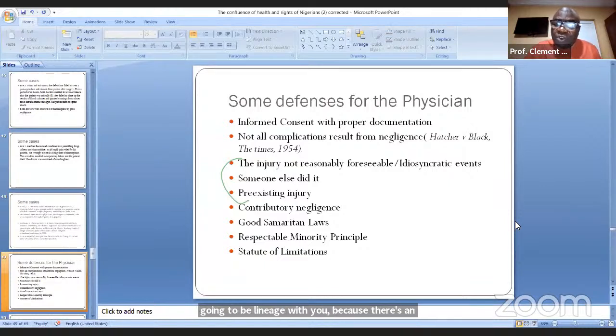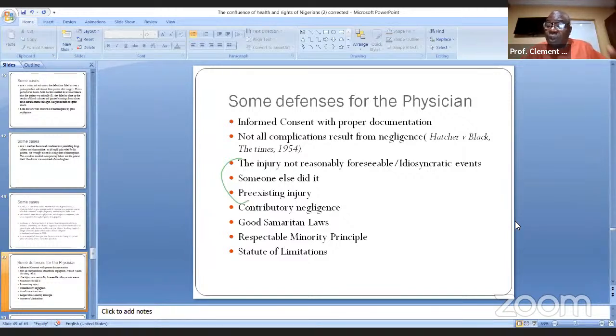Then what we call the respectable minority principle. Maybe there's an authority who's well known in the field of medicine worldwide, he does his operation in a particular way, different from the general method of doing that surgery. And you did the operation in the manner in which he does his operation, and there was a hitch. If somebody took you to court to say you did it not according to the books, you can quote that respectable minority opinion, and that person that everybody respects worldwide. So this Dr. Edward, this is where he does his own. I went to a center to learn. I learned under him. People can lend a defense to the doctor. Of course, I would call statute of limitations.